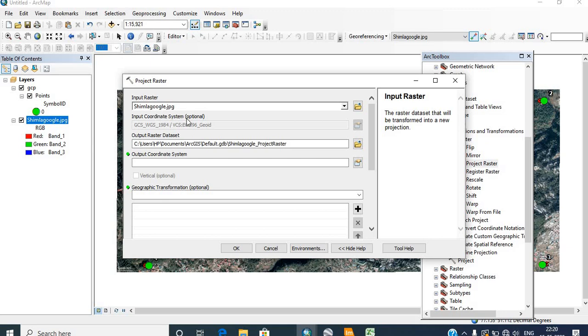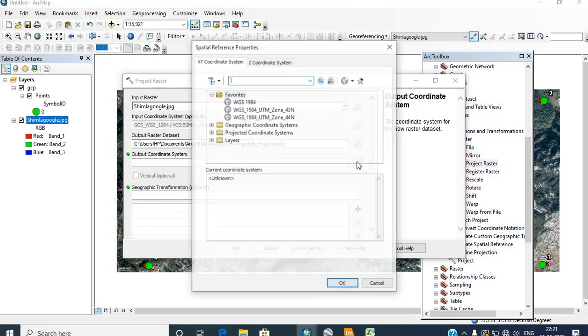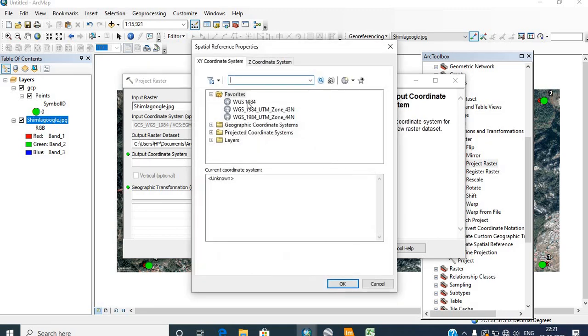Now here you will see that the input coordinate system has been taken from the earlier geographic coordinate system's output. We can accept the default output raster location and click on the output coordinate system.